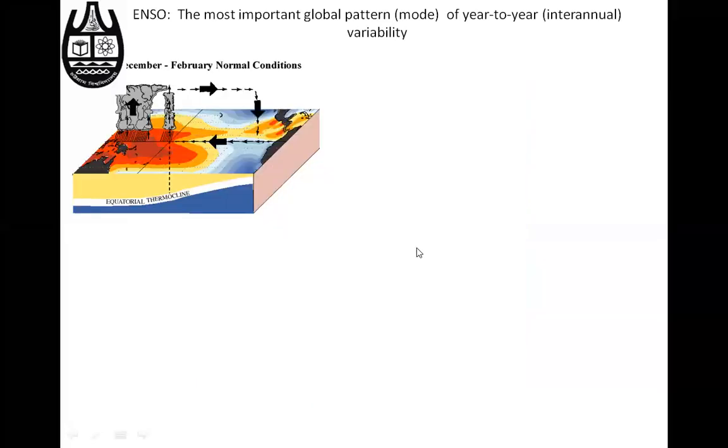El Nino or Southern Oscillation. So the Southern Oscillation, which is known as ENSO. ENSO means El Nino Southern Oscillation, and EN means El Nino. So the phases, normally